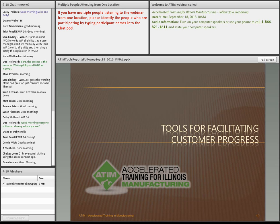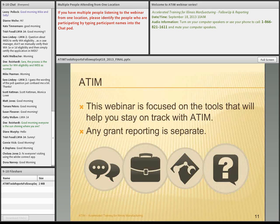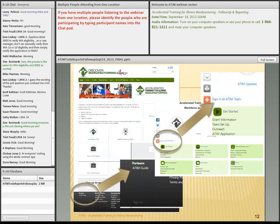So we have some tools available to help you with the customer progress. And what we want to make sure that you understand is that this webinar is focused on ATIM tools to help you stay on track. Any separate grant reporting is just that. It's separate. So what we want to point out today, and we can do a live demonstration if you need it, but when you go